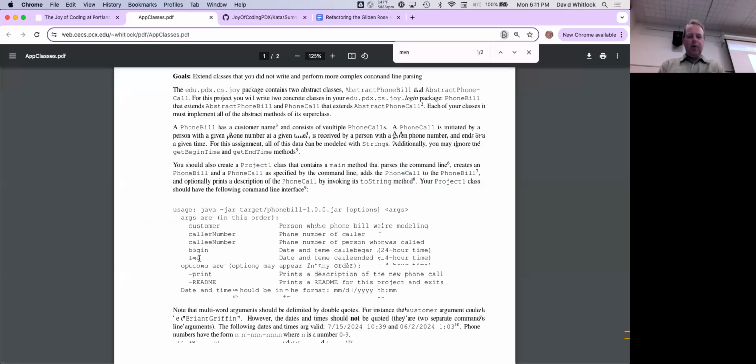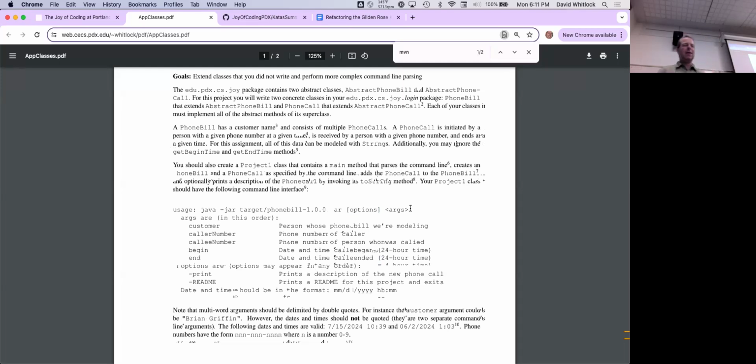If you see, as you're looking at the command line, that what you're looking at isn't dash print and isn't dash readme, then you can assume that it's the customer name. So meaning that all options appear before the first argument. So while it's true that it's slots 1 and 2 in project 1, it'll be 1, 2, and 3 in project 2, and as we'll see shortly, project 3 has more options.